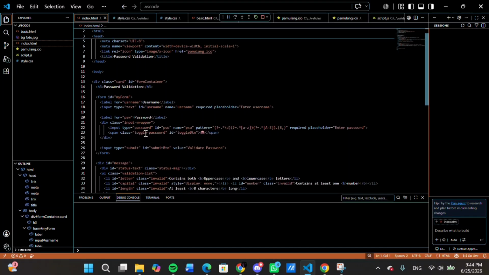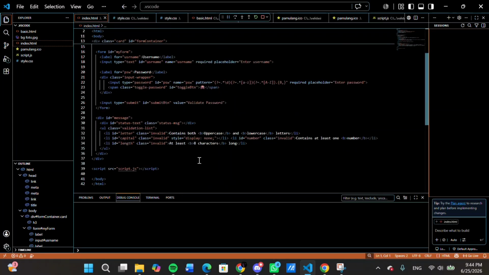For security and semantic structure, we implement a custom HTML pattern attribute containing a regular expression to enforce uppercase, lowercase, and numeric rules directly on the client side.